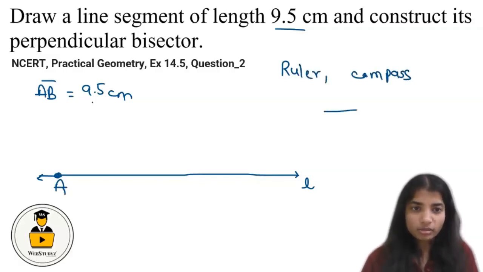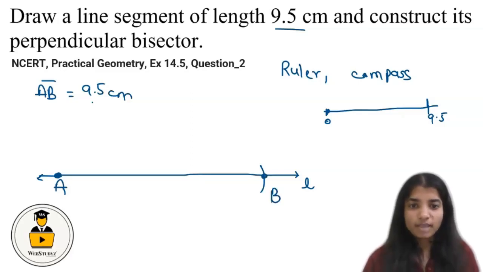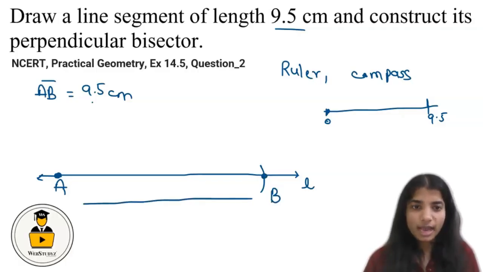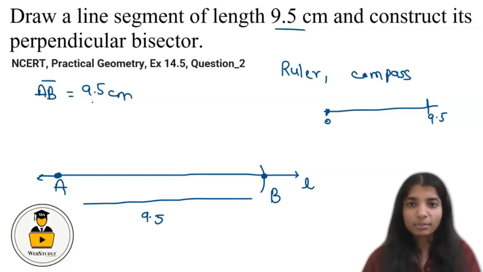So what we are going to do is, let's consider this is our ruler, this is the point 0, and let's say this is the point 9.5. So placing the tip of the needle of the compass at the point 0, we have to open our compass till 9.5. Now using that open compass, we are taking A as the center, or basically we have to place the tip of the needle at point A, and from that, using that open compass, we are going to make the arc. So this arc, let's give this as the point B. So this arc is basically the distance 9.5 centimeter. So we get the length of AB, that is equal to 9.5 centimeter.